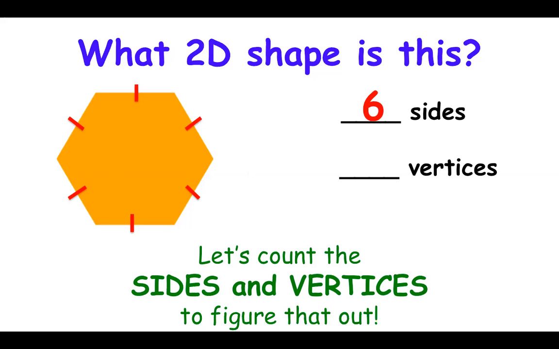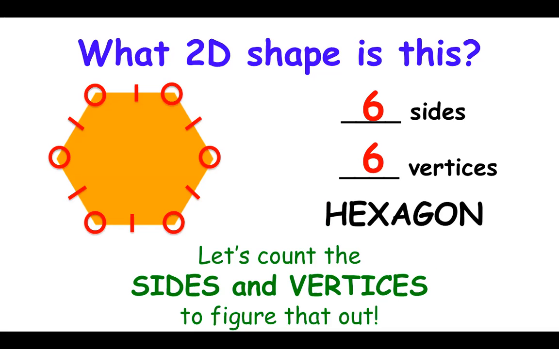Now let's count the vertices where the 2 sides meet. 1, this side and this side meet here to make a vertice. 1, 2, 3, 4, 5, 6. This shape has 6 vertices. Now, anytime that a shape has 6 sides and 6 vertices, no matter what it looks like, it is called